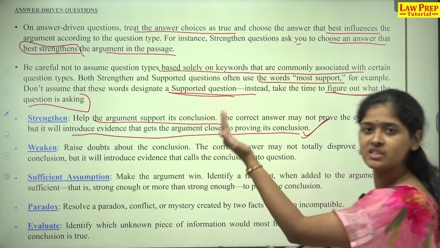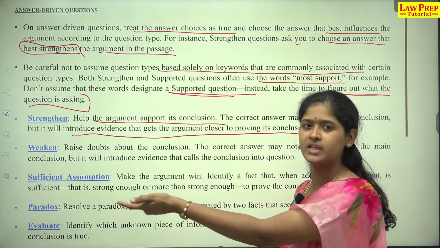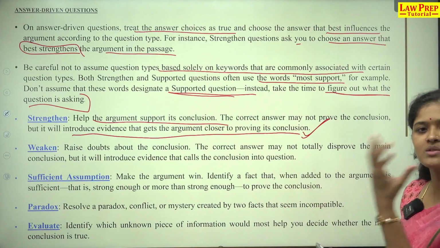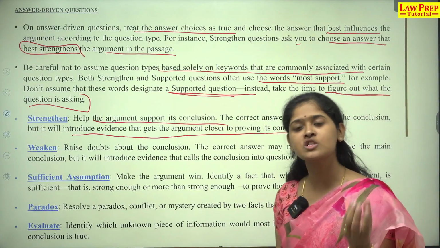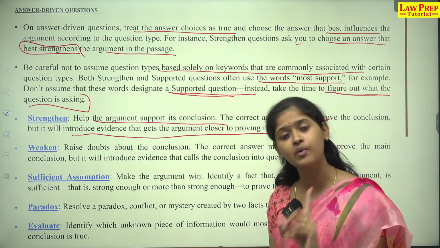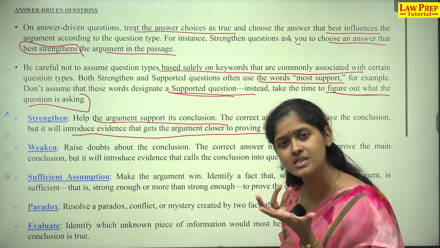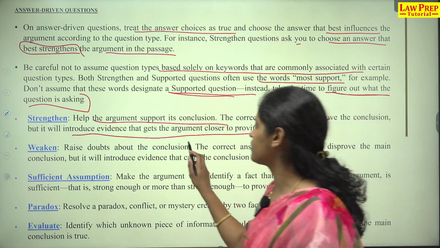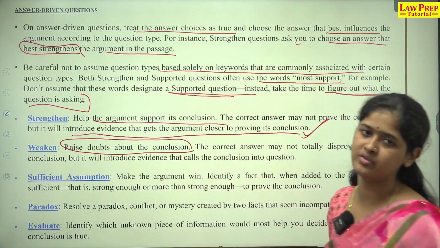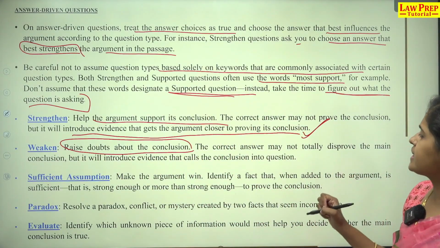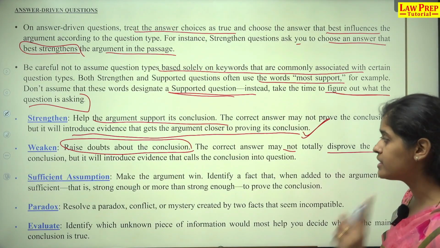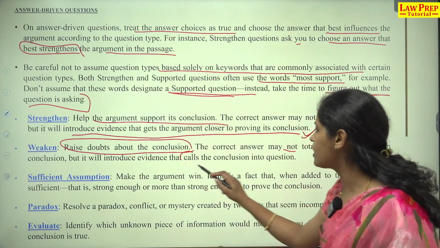Why have I taken strengthen over here and support over there? Strengthen means you can provide evidence to strengthen the author's argument, and support will come from where? From the passage's lines. Okay, weaken: raise doubts about the conclusion. This is the best definition for weaken, right? The correct answer may not totally disprove the main conclusion, but it will introduce evidence that calls the conclusion